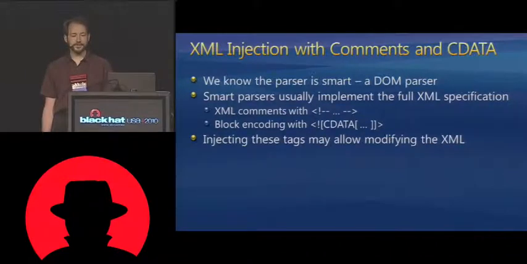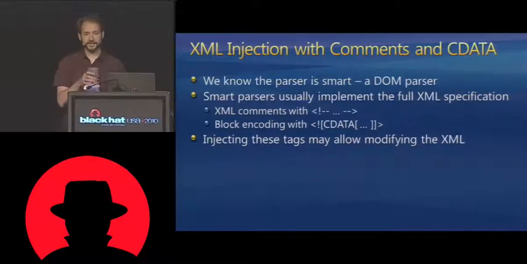So smart parsers usually implement the full XML specification. The fact that they implement most XML tags indicates they probably implement almost all of them. This includes things like XML comments and also block encoding with CDATA. CDATA is a special tag in XML which, once that tag opens, tells the parser everything in the document until the CDATA closing tag should be considered a single blob of data. So no matter what XML meta characters are in that, carriage returns, binary data, and so on, it's all treated as a single unit